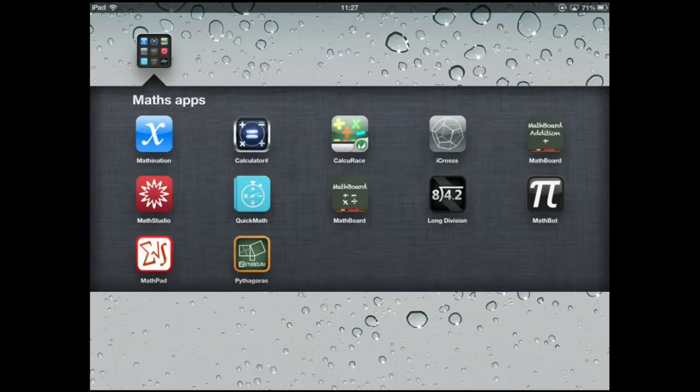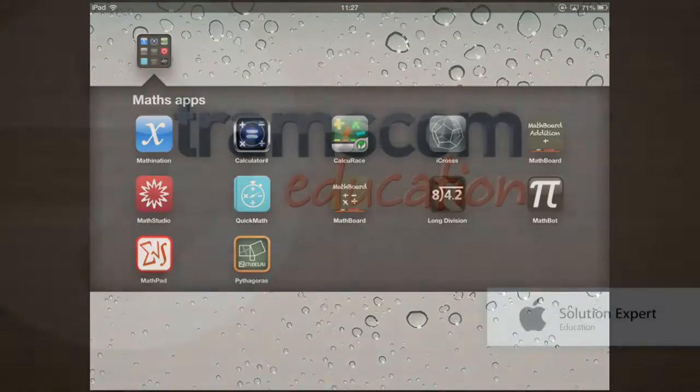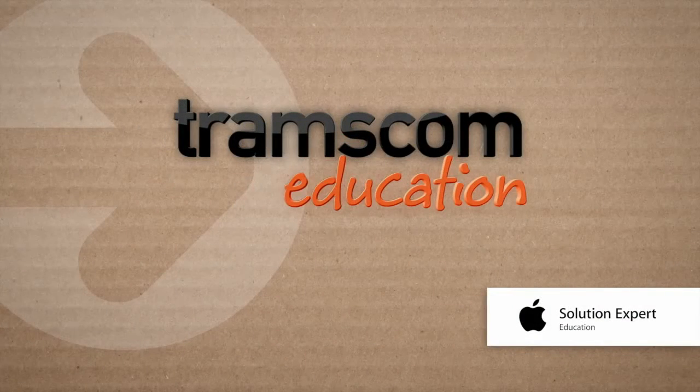So there is a wide selection of maths apps, but there are plenty of apps on the App Store for maths teachers. For other great app ideas, and to find out ways of using the iPad effectively in your school,